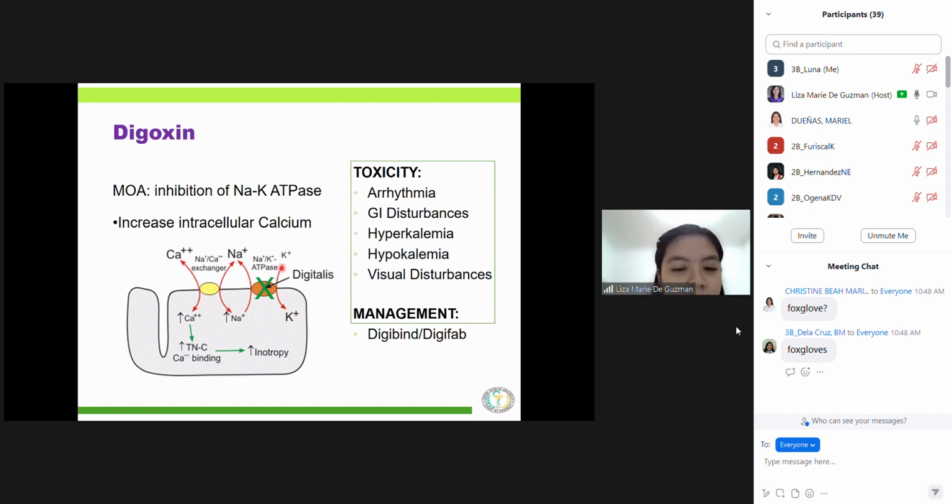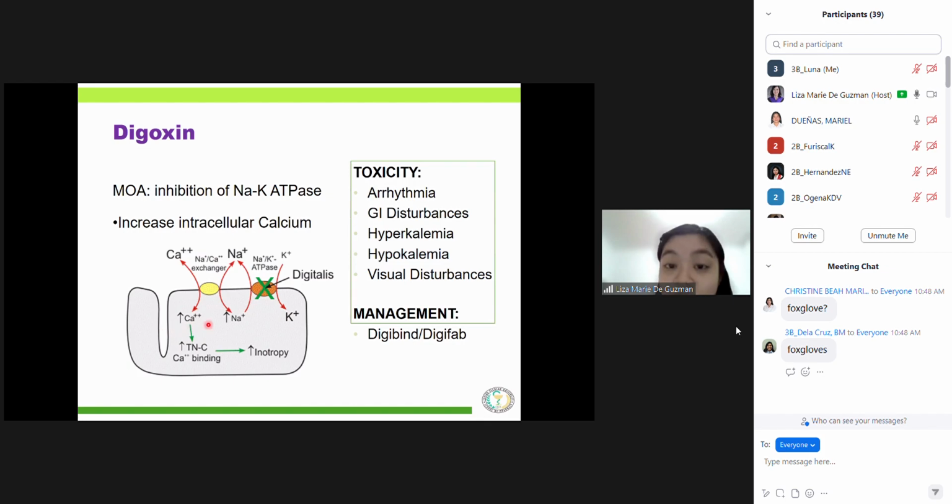So once the sodium potassium ATPase is inhibited by Digitalis, what happens is that the sodium ion is prevented from being released from the heart cells or from the cardiac cells. This indirectly allows the increase of the intracellular calcium via the sodium-calcium exchanger. So once the release of the sodium ion is prevented, it will also affect the release of the intracellular calcium via the sodium-calcium exchanger. So an increase in the sodium ion will also increase the intracellular calcium.